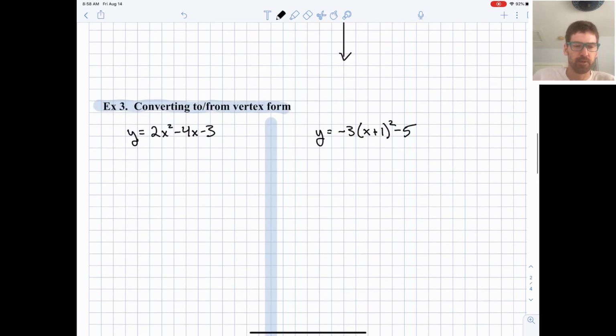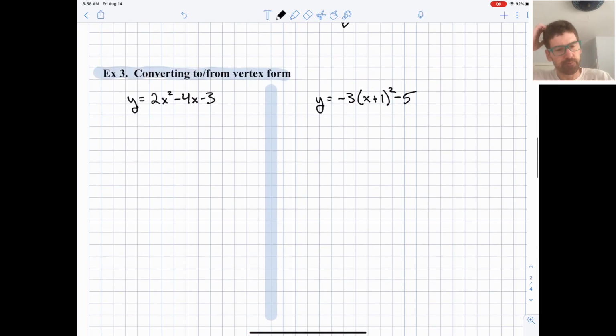Okay, cool. And then the last couple examples we'll do in this video are converting to and from vertex form to standard form, okay? So it looks like in our left-hand example, we have something in standard form and we have to find vertex form. And we're going the opposite direction in the right-hand example. So if you have it in standard form and you want to find vertex form, let's find the vertex. Okay, so h, let's find h first, is negative b over 2a,